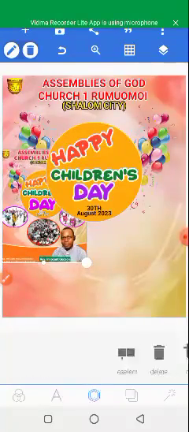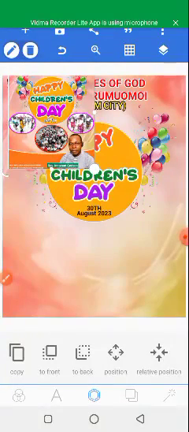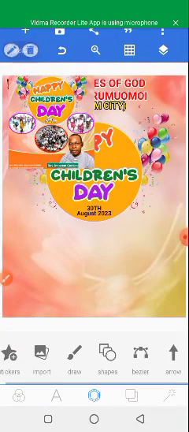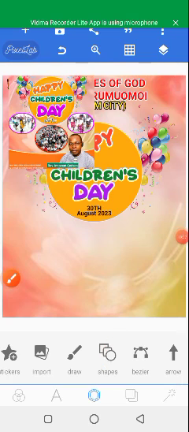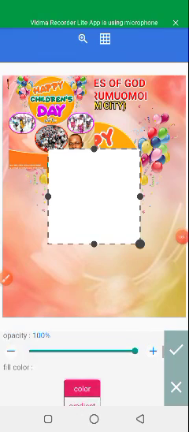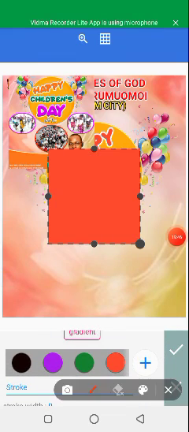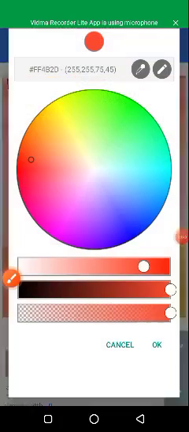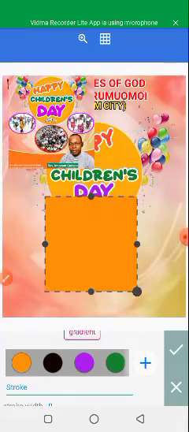Okay, so now to bring out this shape, you click on shapes and choose the color of the shape. No, click on this plus to choose the color. I think this is the color of the shape. Okay,